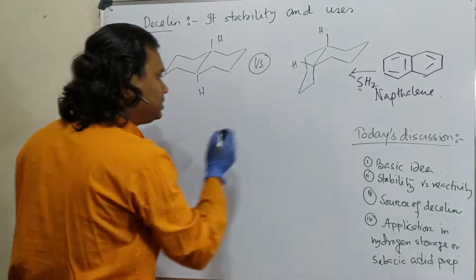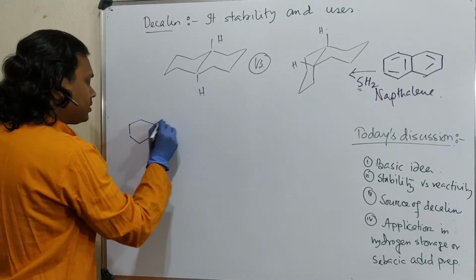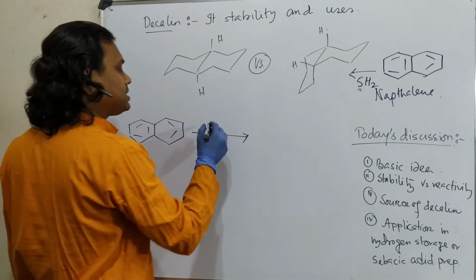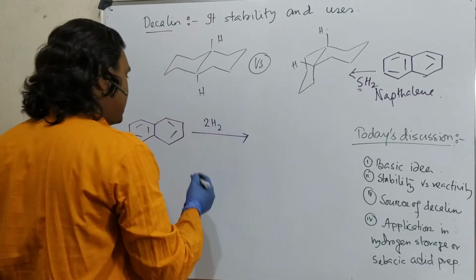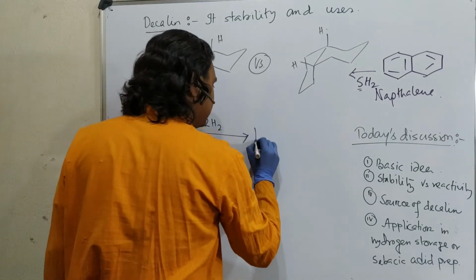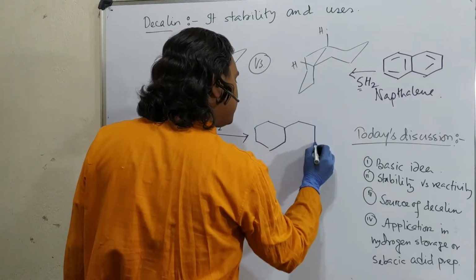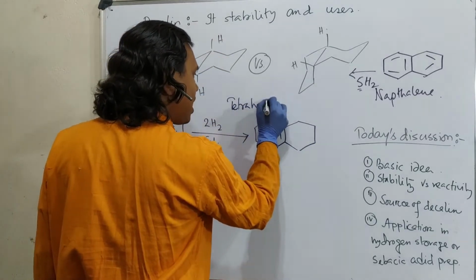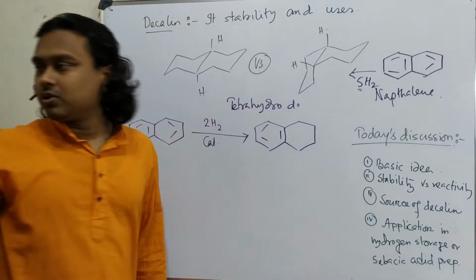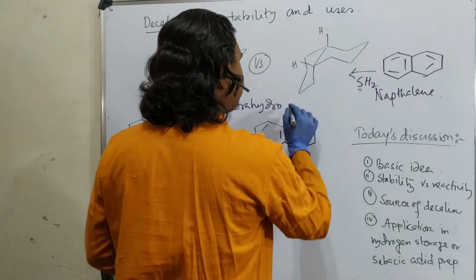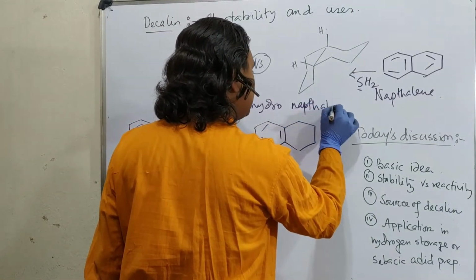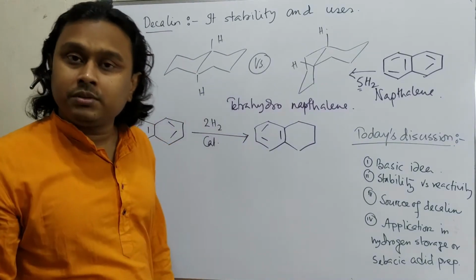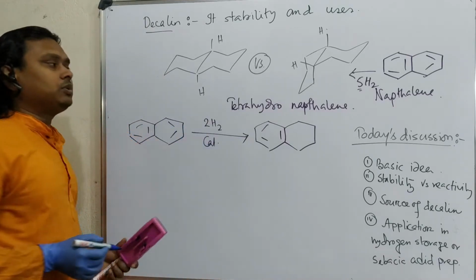Second, now actually how does this reaction happen? First of all, if you look at this molecule a little carefully, first, in the presence of 2 molecules of hydrogen, obviously in the presence of a catalyst, it will first produce this, and this is named tetrahydronaphthalene, not decalin. So obviously based on this logic, what could we consider this? Decahydronaphthalene. In this case, what happened? These 2 double bonds are reduced.